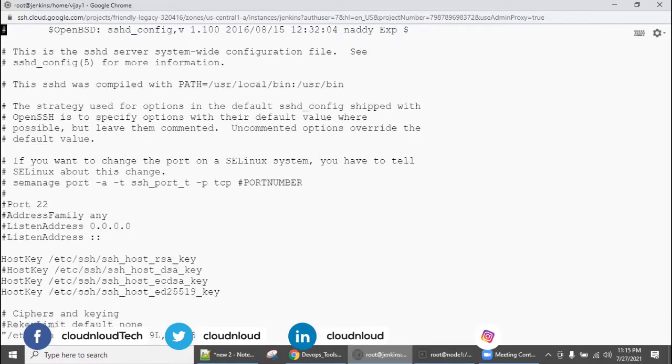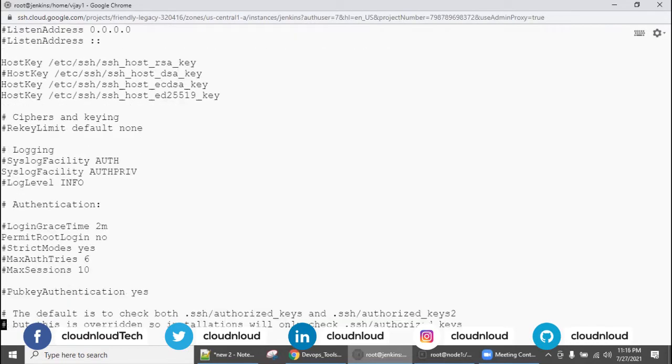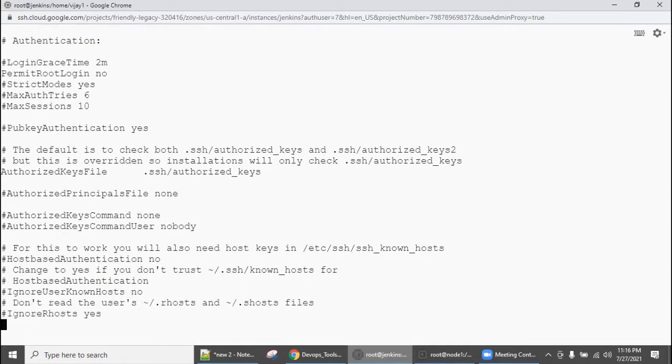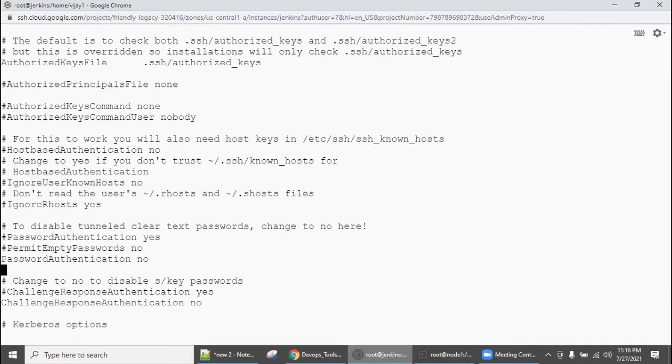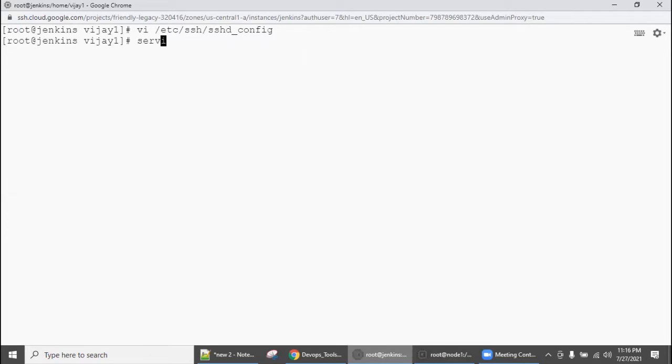Come down. Password authentication should be yes. This should be commented out, and this should be enabled. Save, write and quit. Service sshd restart.